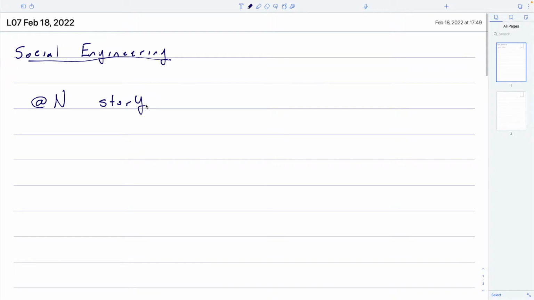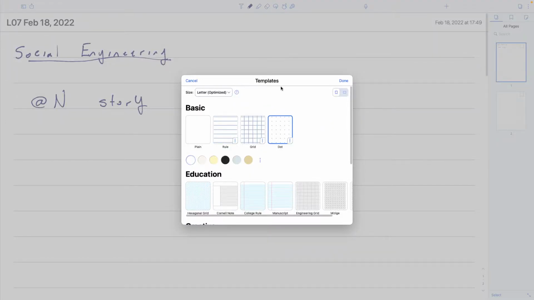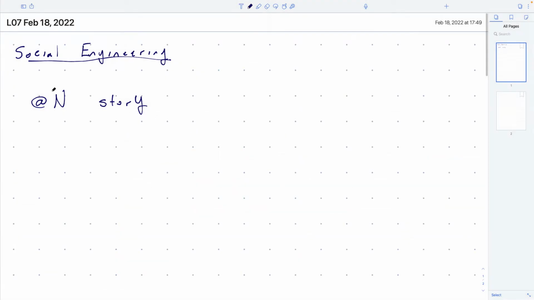Okay, so I'll tell you another story. This one's sort of similar to the @Matt story that we ended with last time, but the details are different enough that I'll show it to you. This also is about somebody who had a Twitter handle that some hacker wanted to steal. In this case, it was @N, so it's even smaller than @Matt.